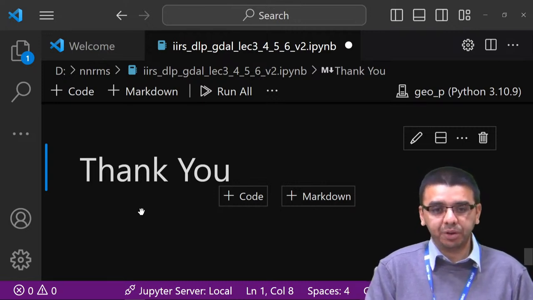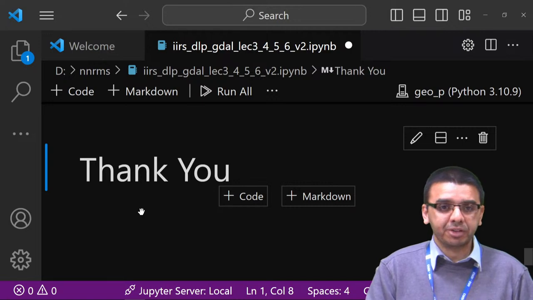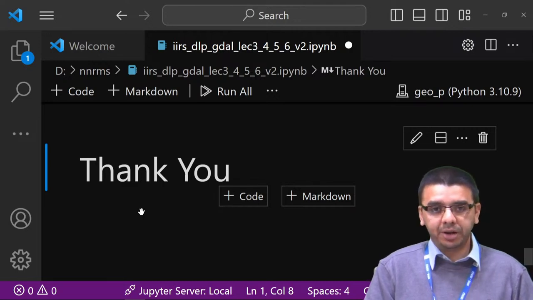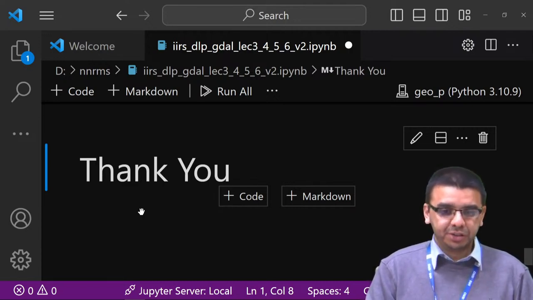Then we discussed DEM processing, like how we create different products from a digital elevation model, like the hillshade map, slope, or aspect. So with this we come to